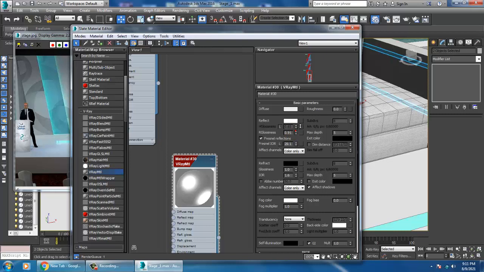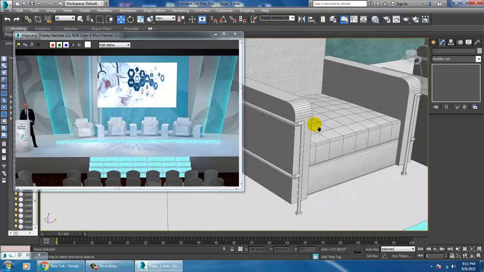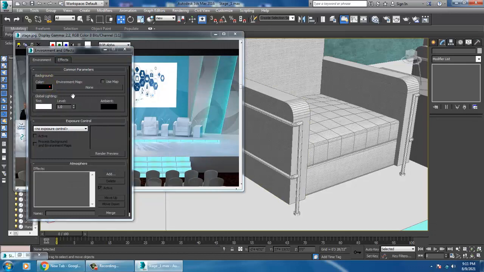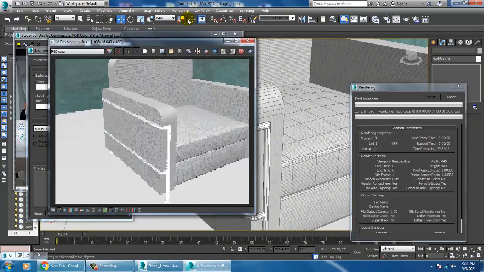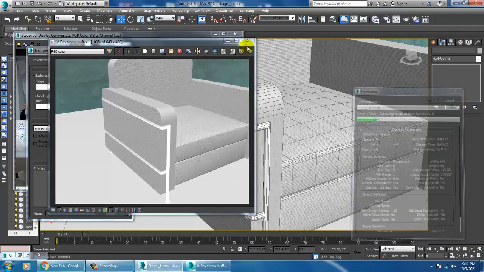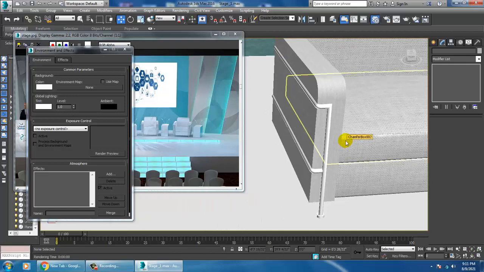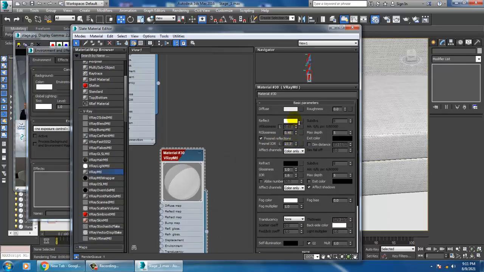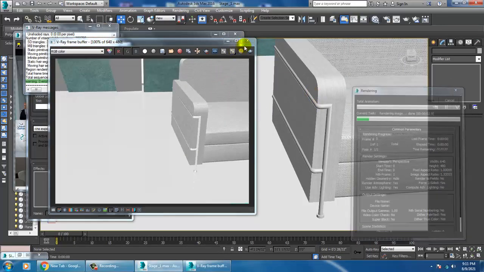Alright, so I'll just assign that. I'll just go into the environment, render and see. Okay, looks better now.